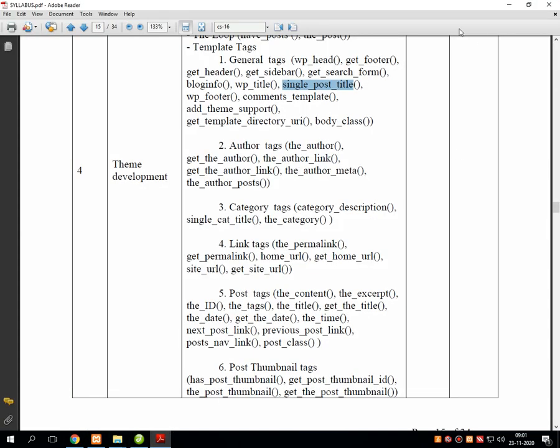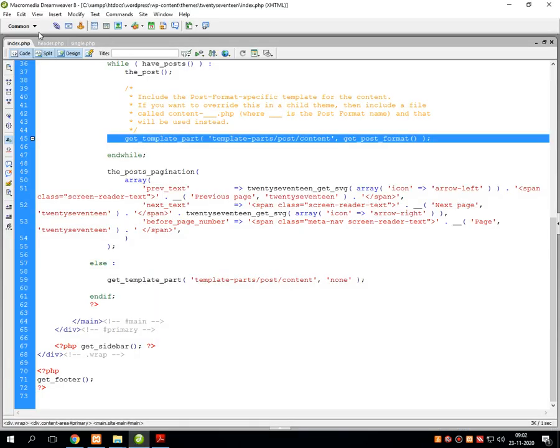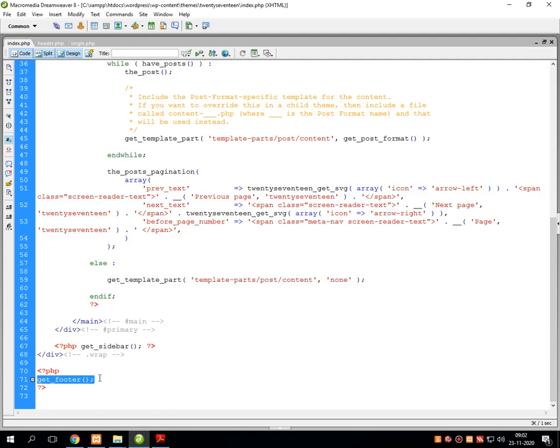Next one is wp_footer. This is a very important WordPress hook which is mostly used in almost all websites. This wp_footer will display the footer of the entire website. Say for example, in my index.php, here you can see that I have used another function of the footer, that is get_footer.